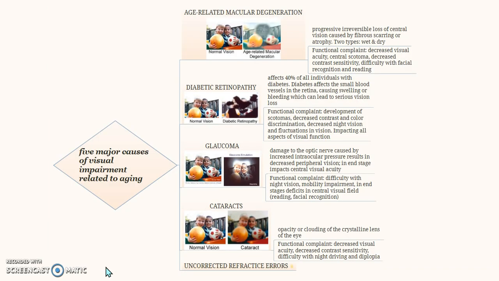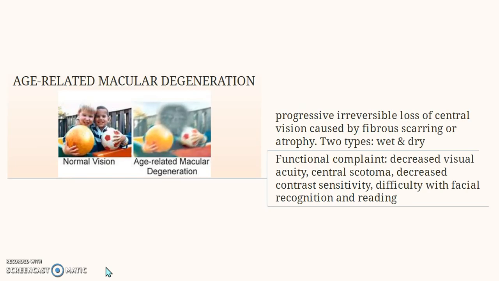These are the five major causes of visual impairment related to aging. I'm going to go over them one by one: age-related macular degeneration, diabetic retinopathy, glaucoma, cataracts, and uncorrected refractive errors. So for age-related macular degeneration,